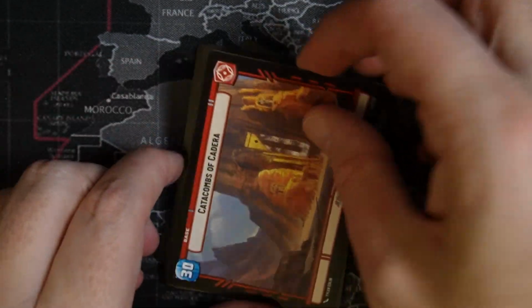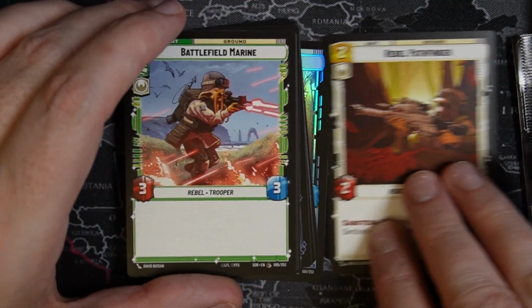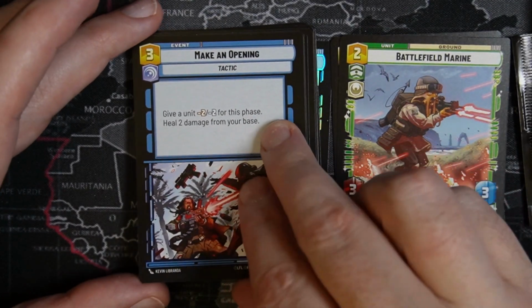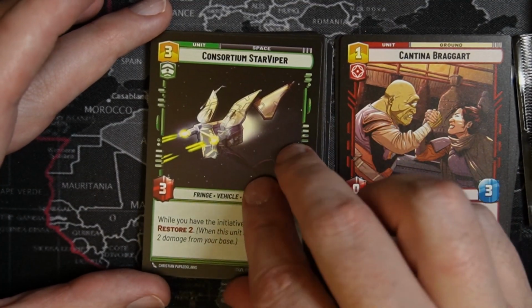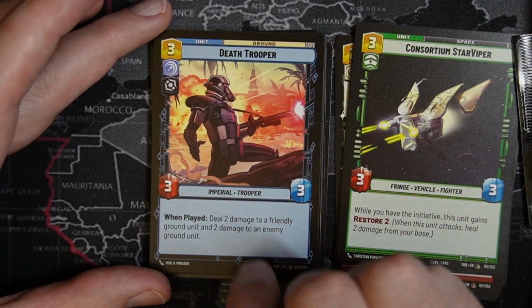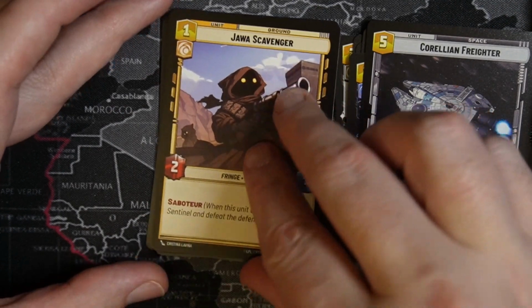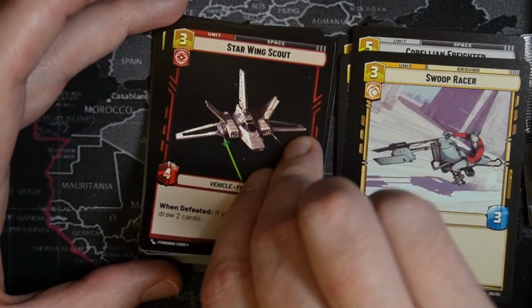Catacombs of Caldera, Rebel Pathfinder, Battlefield Marine, Make an Opening, Cantina Braggart, Consortium Star Viper, Death Trooper, Corellian Freighter, Jawa Scavenger, Swoop Racer, Starwing Scout,